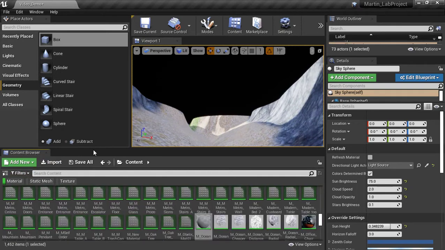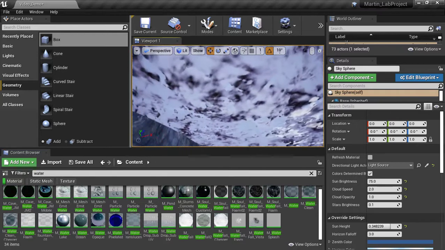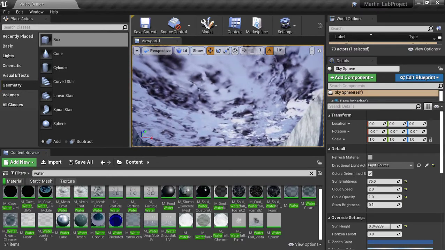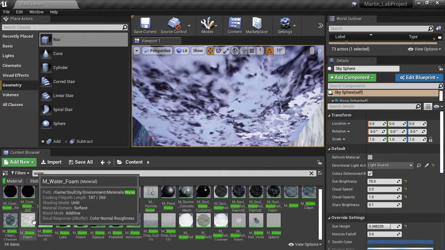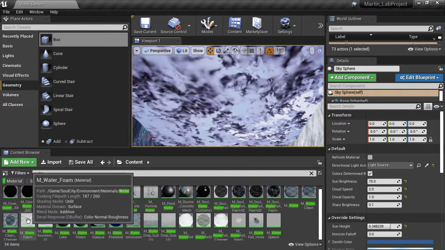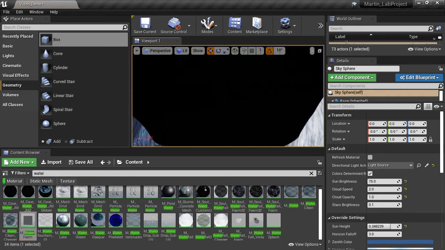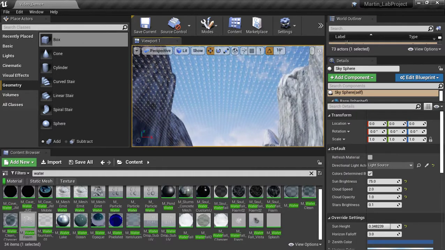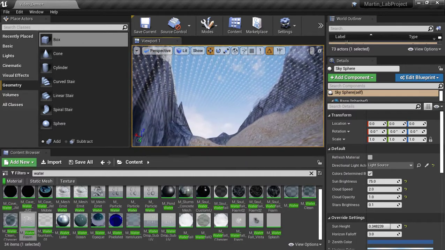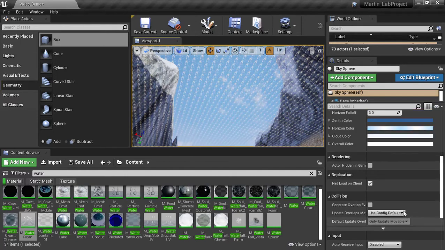Now, I'm probably looking in the wrong materials. Let me go to water. Ooh, that one's pretty, but again, probably not what I'm looking for. So let me find one that has like a translucent water. Let's grab this one, drop it up there. So I'm almost sort of looking for ones that, yeah, see how that one has almost like, obviously we would have to go through and maybe correct